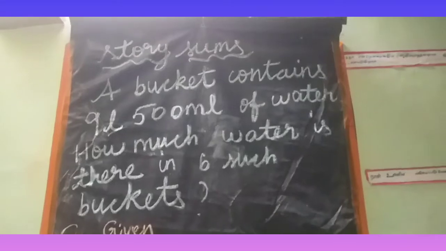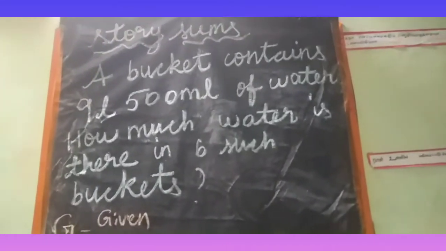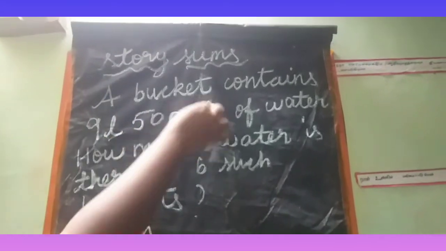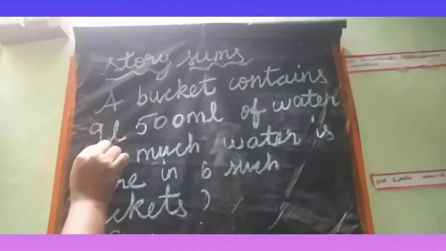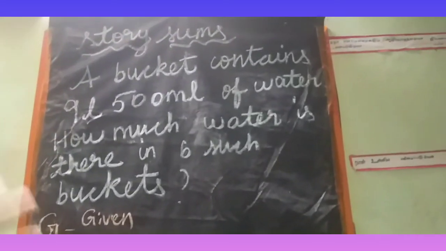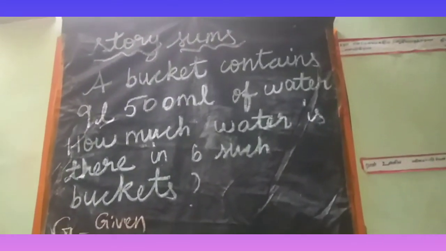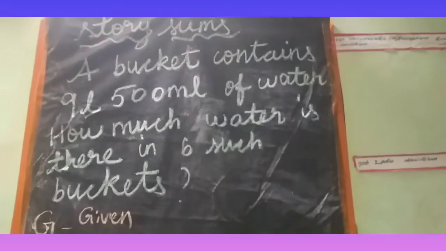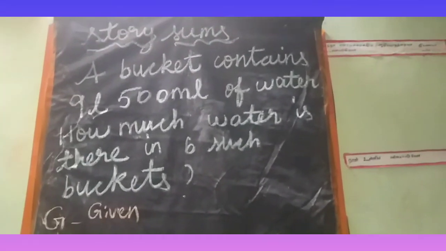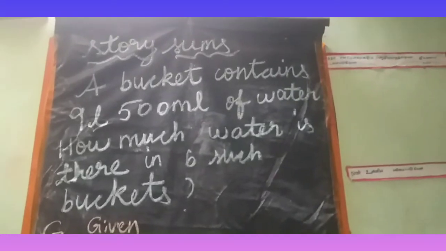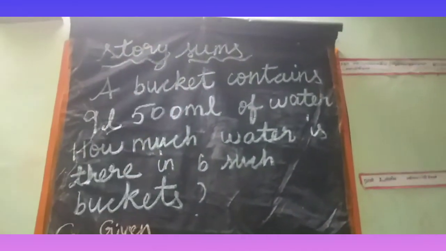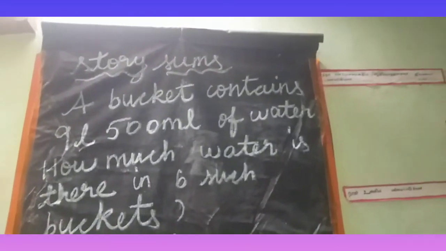Okay. So in these sums, which is given? Here numbers are given. That is the given part. Here also one number is given, and here also one number is given, isn't it? And this is what sum? How will you find out whether this is multiply, divide, add or subtract? Yes, in that given part, there are keywords.